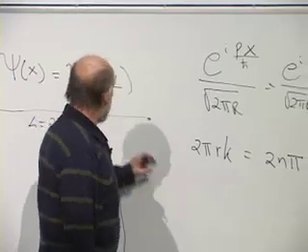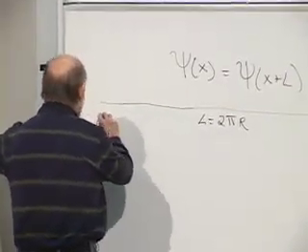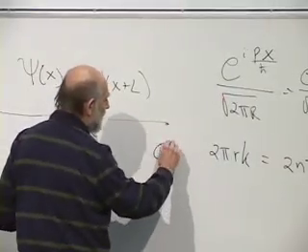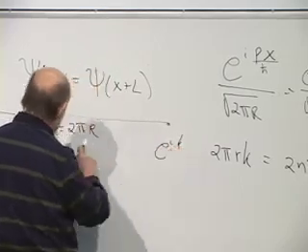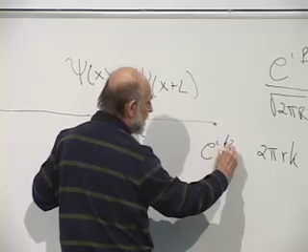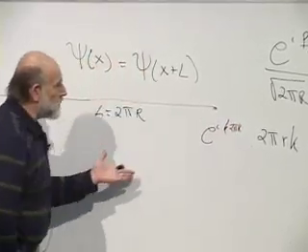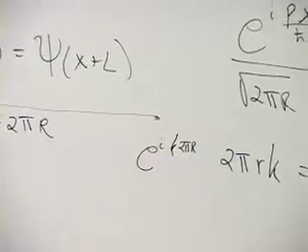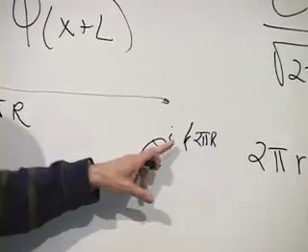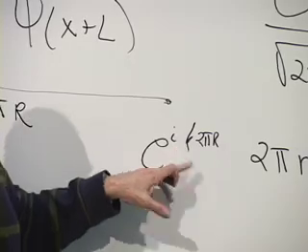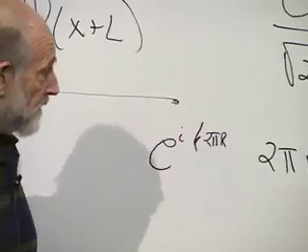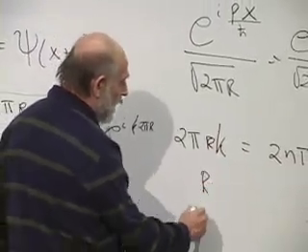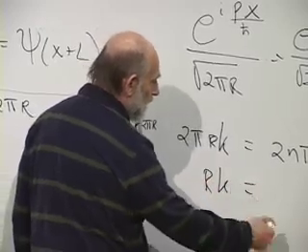In other words, let's say the wave function over here is 1. Then over here it will contain the factor e to the ikx, with x equal to 2 pi r. If the wave function is to be periodic, then e to the ik times 2 pi r must equal 1, and the only way that can happen is if 2 pi r k is equal to an integer multiple of 2 pi. So that would just say that the length r times k must equal